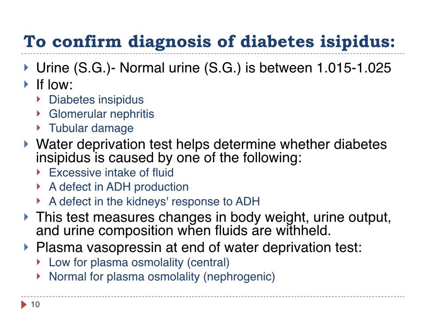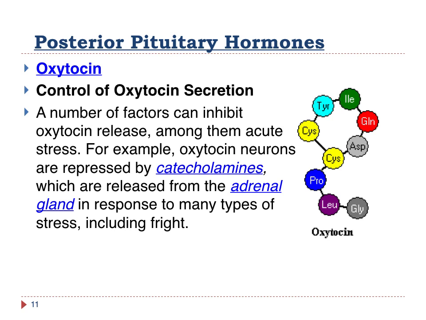Okay. The other hormone that is secreted from the posterior pituitary gland is oxytocin. And the control of oxytocin secretion, as you can see in front of you, is also a 9 amino acid peptide hormone. The control of oxytocin secretion,